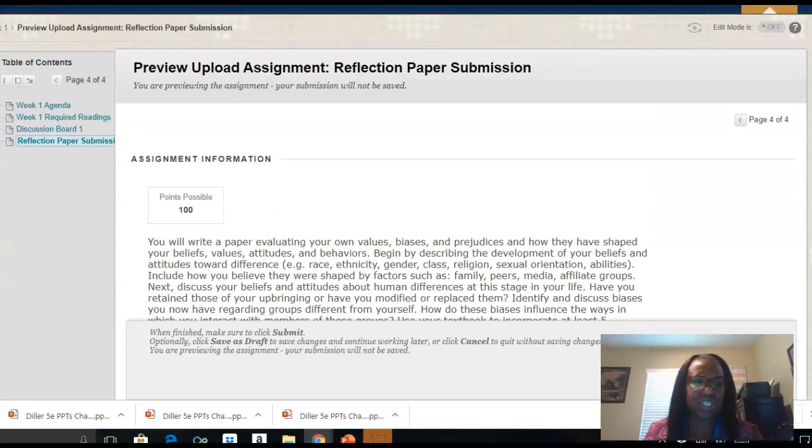So I think I've touched on the gist of what you need to know for this week. I would encourage you to not just stick with 1 week. If you do have opportunity to get ahead, that's always great to kind of move into the further weeks, because it helps to give you some insight for what's to come. We'll leave you now, giving you time this week to review the syllabus, to review chapters, 3 PowerPoints, as well as completing your discussion board and your reflection paper.